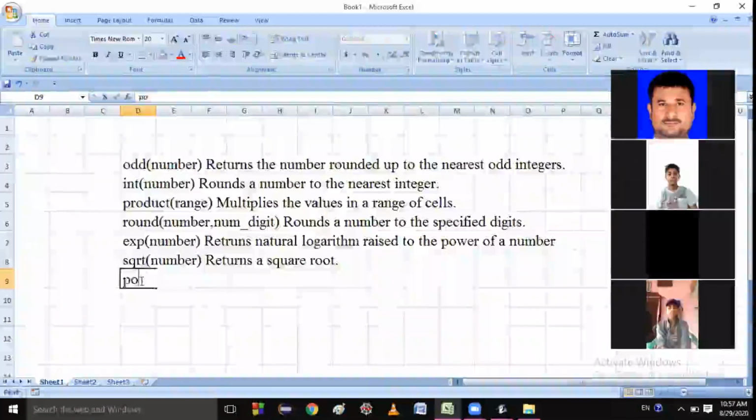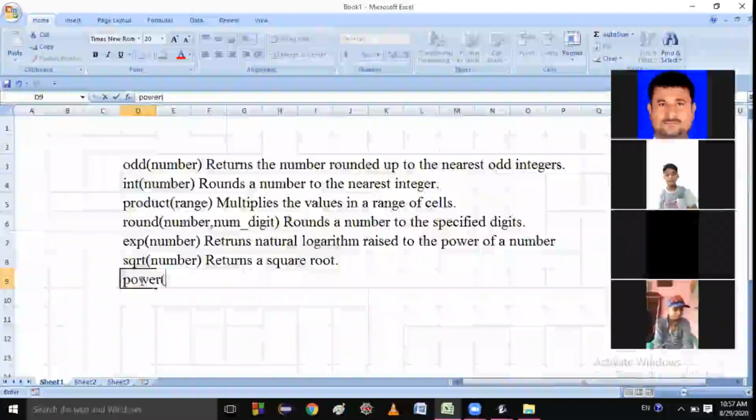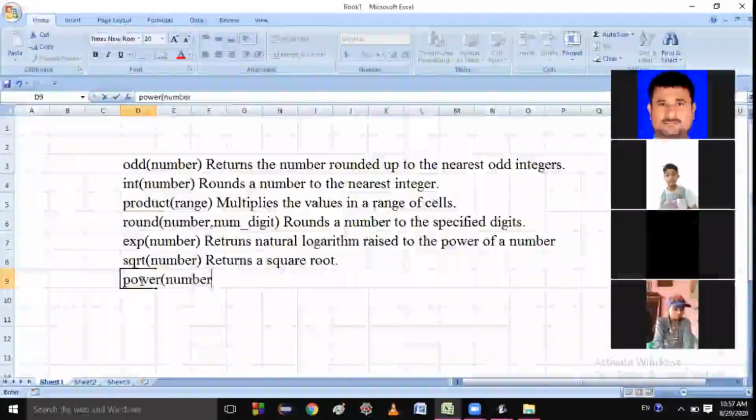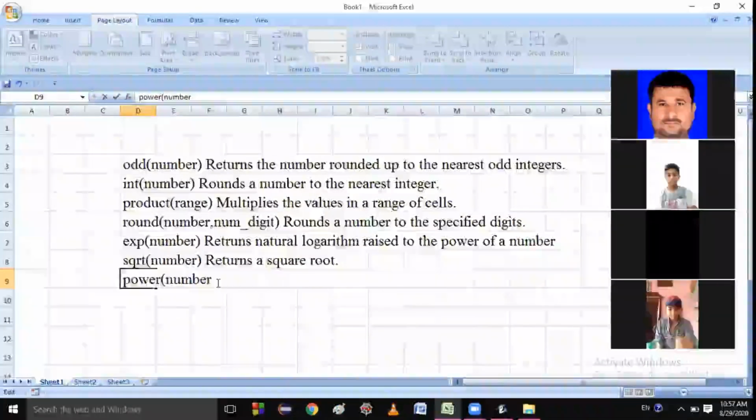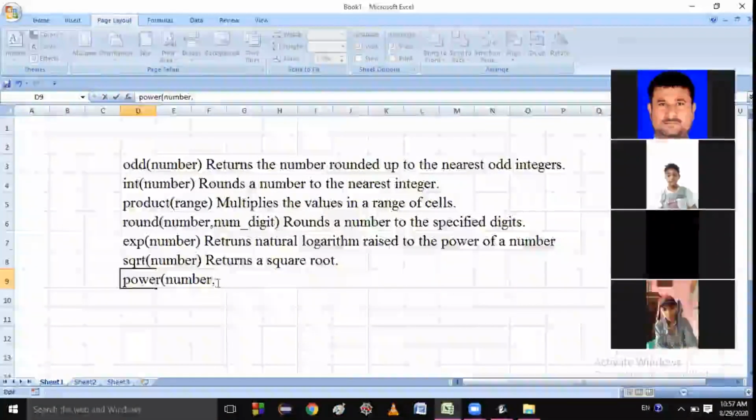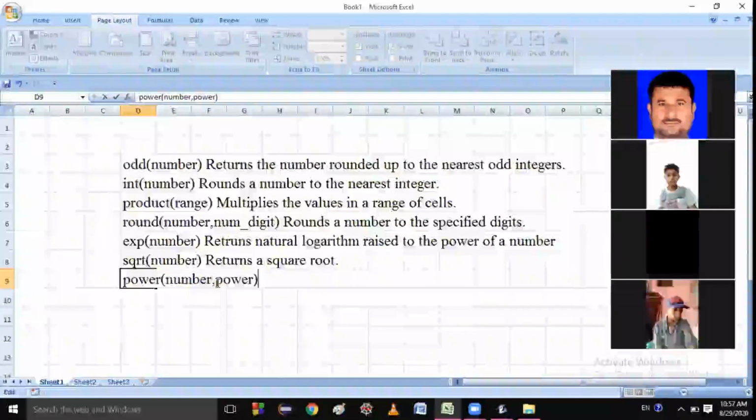Next is the POWER function. It will take two arguments, number comma power. So what will it do?